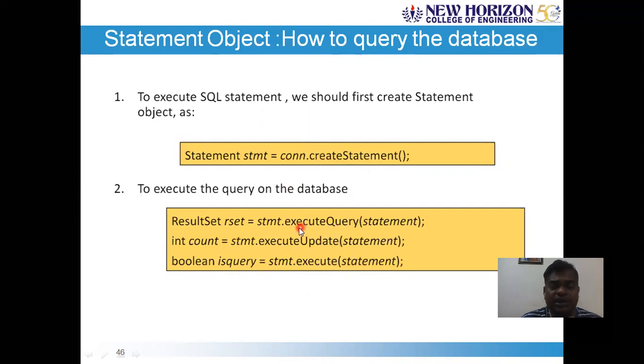In case of executeQuery, which uses select-category queries, it returns the ResultSet object. Whereas in case of executeUpdate, which uses a statement that will usually be an insert, delete, or update, how many rows are updated in the table will be returned as an outcome of this library function executed with the database process. The number of rows affected is returned and stored in an integer as a count. And execute returns true or false. If the query gets executed successfully it returns true, otherwise it returns false.